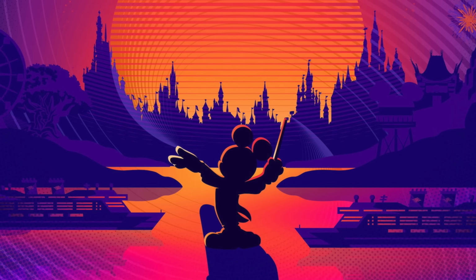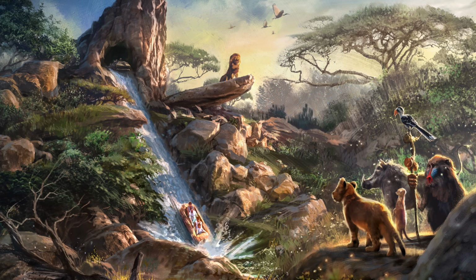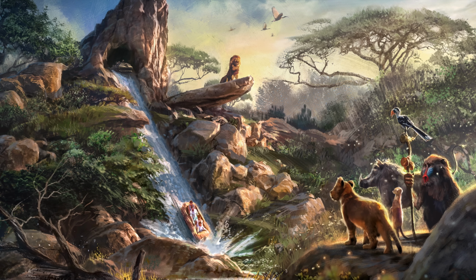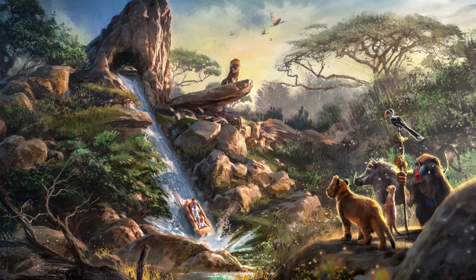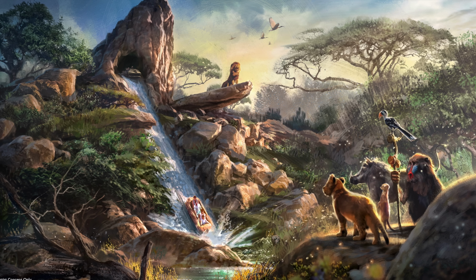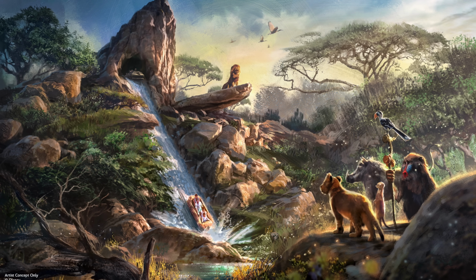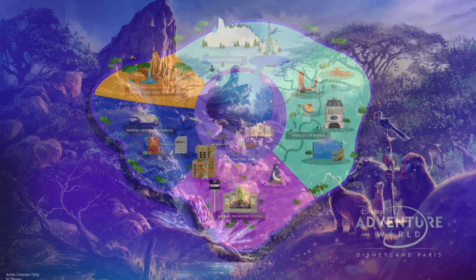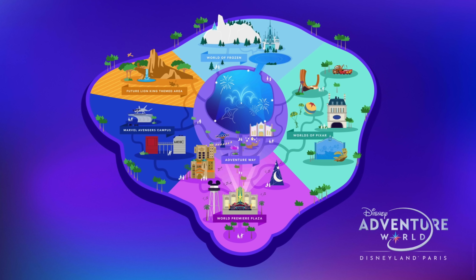It's now been 8 months since the major announcement regarding a new themed area for Disney Adventure World, Disneyland Paris' second gate, currently known as Walt Disney Studios Park. This new land will bring to life the classic animated movie The Lion King, beloved by many people around the world. This would be Phase 3 of the major expansion announced several years ago that is transforming the weakest